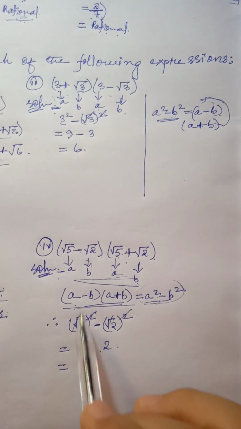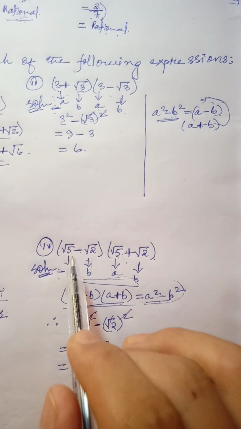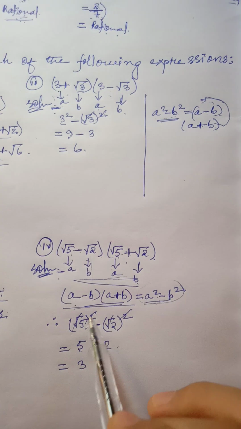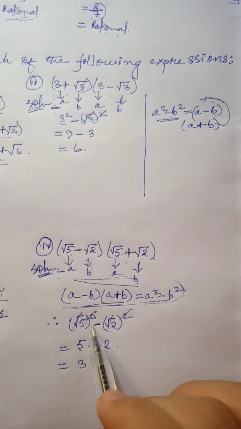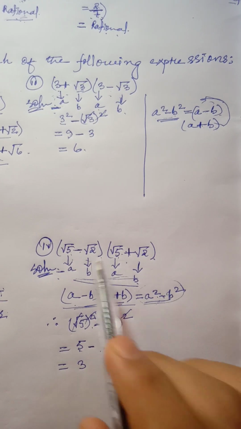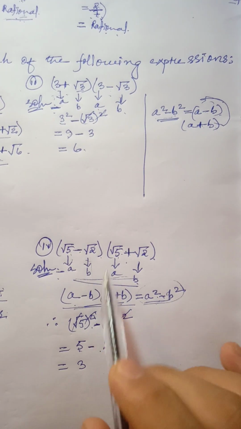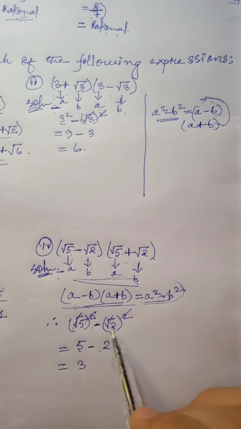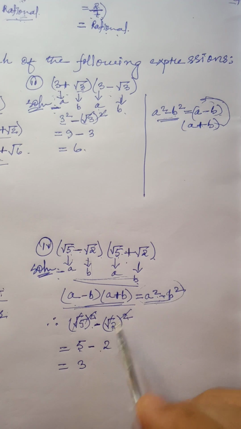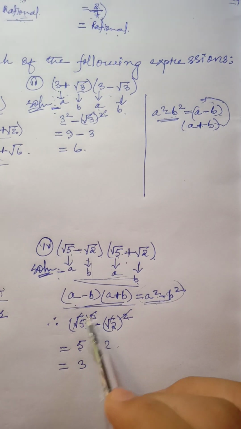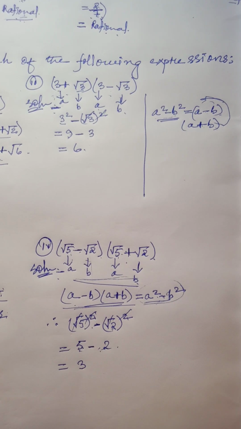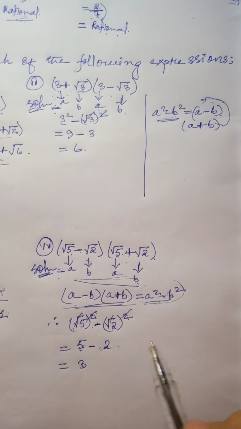Okay, so what is the value of a that we took? That is root 5. Here it is square, so we have to put square here, minus. Okay, and what is the value of b that we took? That is root 2. Here it is square, so we put square and root cancel, that will come out 2. Square and root cancel, that will come out 5. 5 minus 2, that will give you 3. Okay,